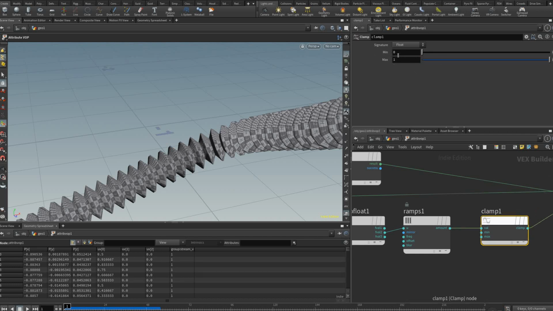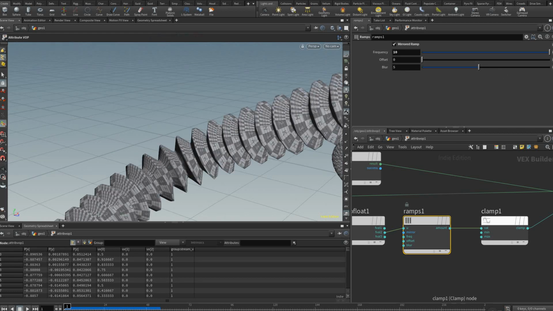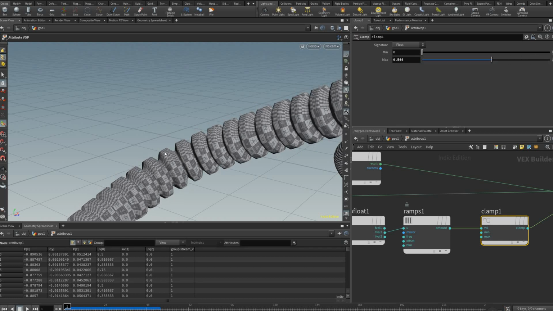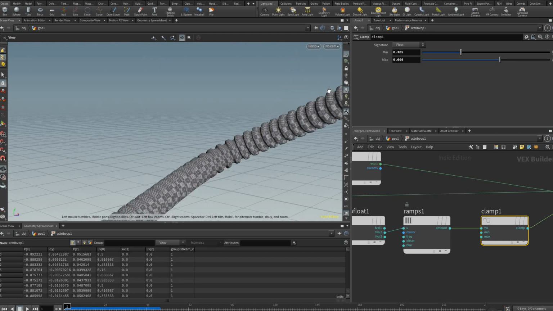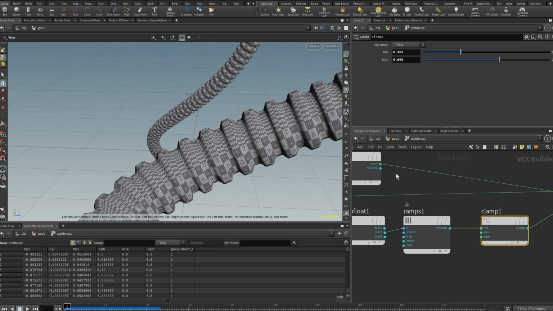And clamp will just clamp the value, the min and max, so that it doesn't go under 0 and doesn't go over 1. Our ramp value is between 0 and 1 already, so that's why you don't see anything happen. But if on this clamp we start lowering the max, you'll see that our peaks are being clamped down. And we could do the same with minimum, we could raise that, and our 0 value is being clamped up. So just play that till you're happy with it,